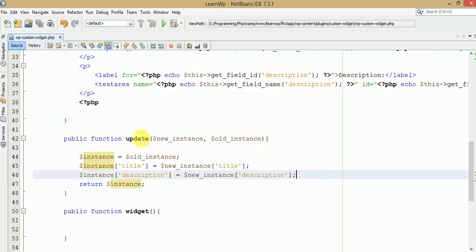Now what does the update method do? It updates the values of the old instance from the new instance's values. As you can see, we have assigned the old instance value to this variable. All we have done is updated the old values of title and description with the new values of title and description. So we have updated our old instance values with our new instance values. Just save this file,